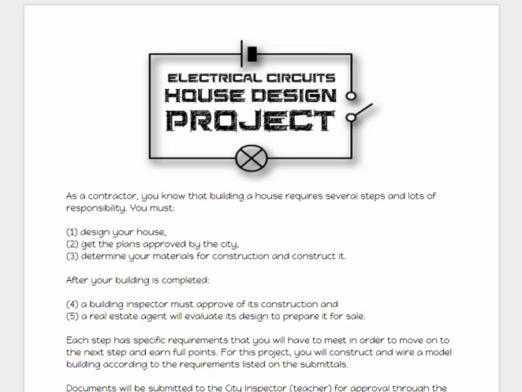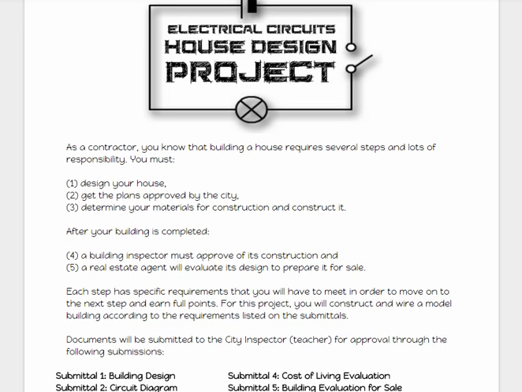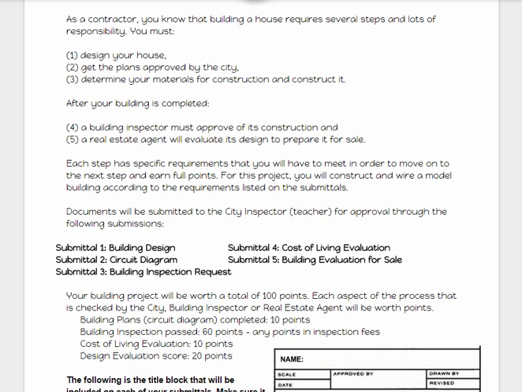This video is an overview of the project. As a contractor, you must know that building a house requires several steps and a lot of responsibility. You must design your house, get the plans approved by the city, determine your materials for construction, and construct it. After your building is completed, a building inspector must approve of its construction, and a real estate agent will evaluate its design and prepare it for sale. Each step has specific requirements that you will have to meet in order to move on to the next step